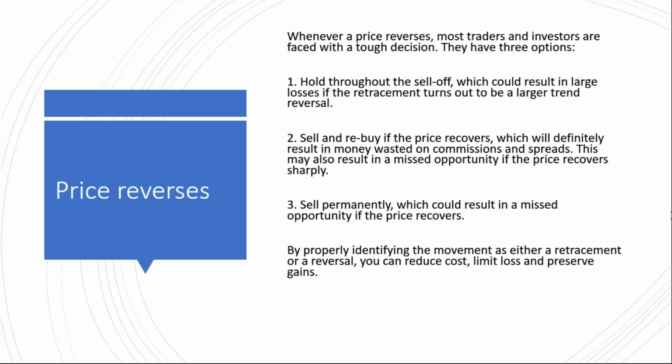And this is the problem. A lot of people say, well, when it starts to go and I can't tell whether it's a retracement or a reversal, I should just get out of the market. Well, that could be true, but you get out of the market with just a few pips. And at what point do you get out of markets? Nobody can tell you when that reversal or retracement is occurring. And then you want to get back in that market because the market starts to soar back up. But you lose the spread and sometimes the commission of having to exit the market and then enter the market. So you have a double trade, and then you probably can't get in there as quickly.